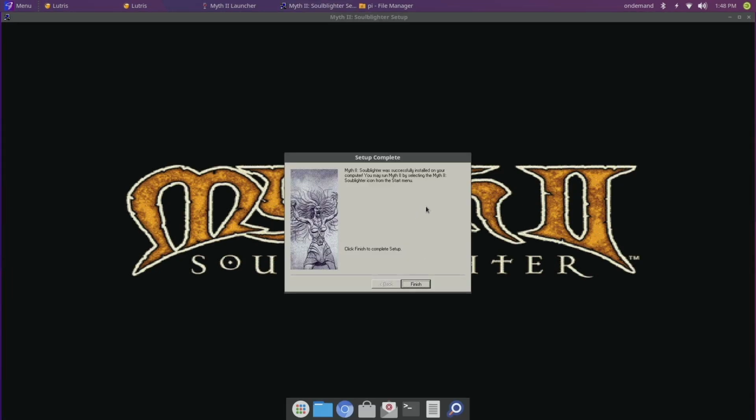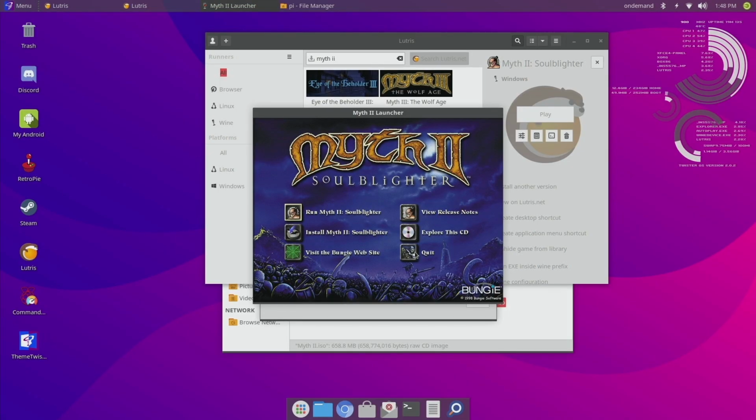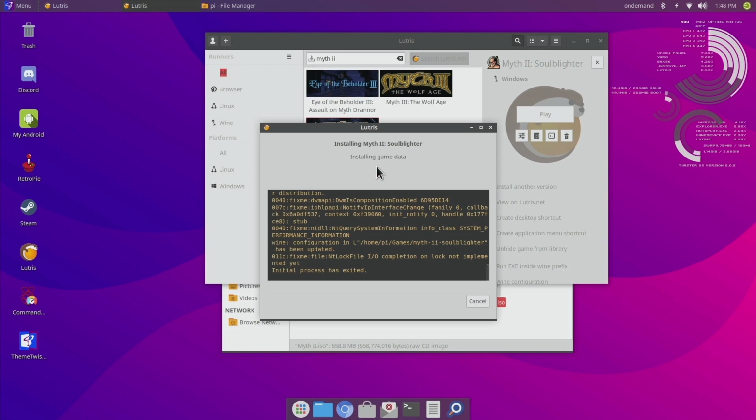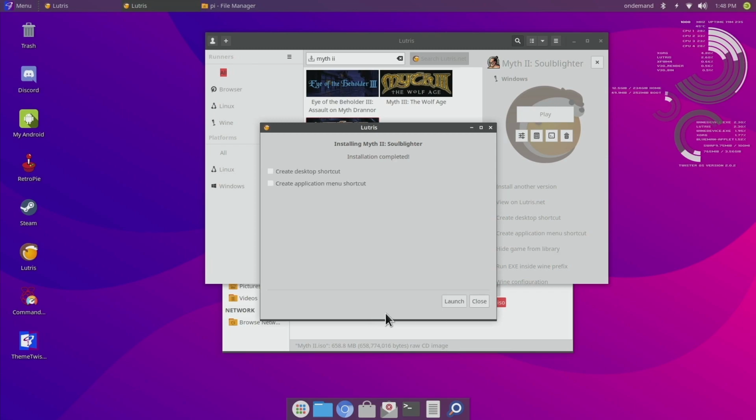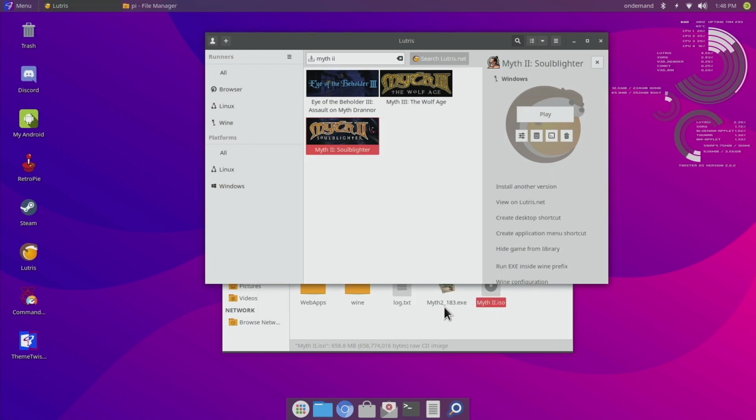All right, so there we are. We're finished. So go ahead and click the Finish button, and you can quit out of the launcher. And then this background task will finish up here. And then go ahead and close out of this window. All right, so now you need to